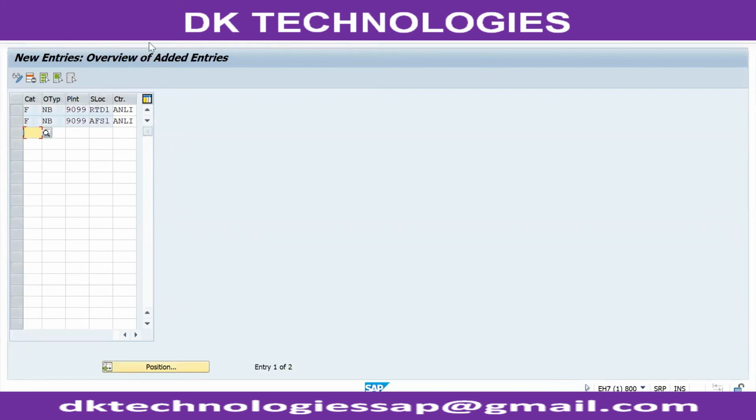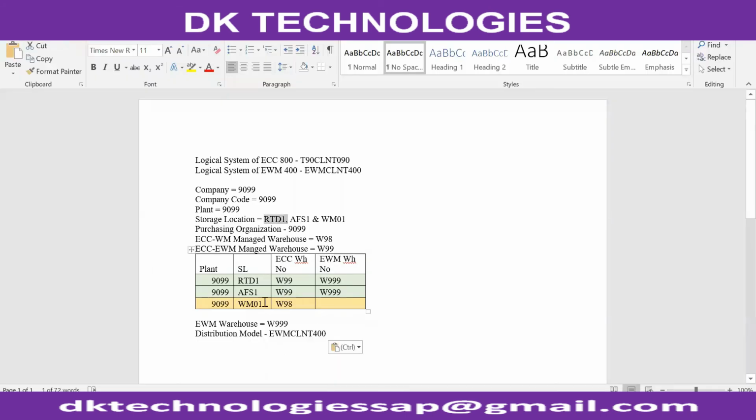I want confirmation only for these two storage locations. That confirmation control key means for this purchase you can't receive the goods. For example, for this warehouse, we can receive the goods without an inbound delivery.